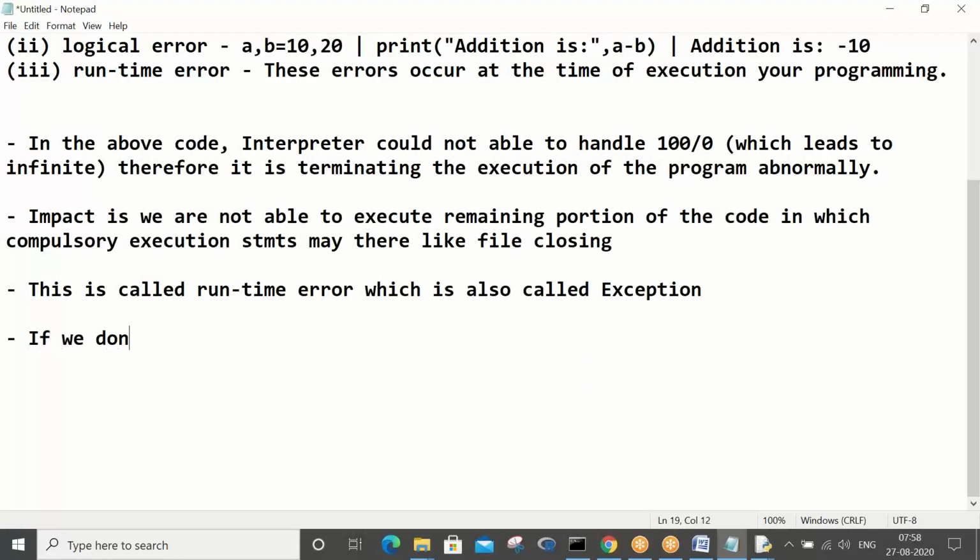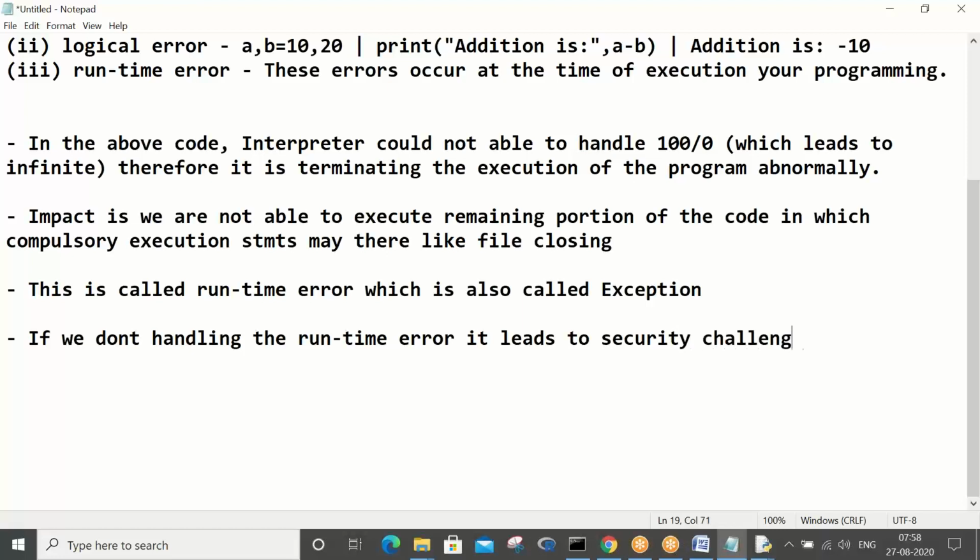If we do not handle this runtime error, it leads to security challenges.